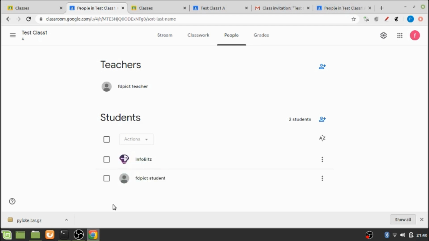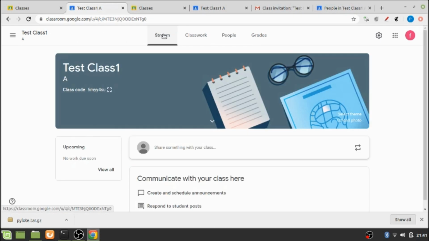And if you want to remove any student from your class, you just have to click on this box, and here is an option for action. You can email that particular student, you can mute that particular student, and of course you can remove that particular student. Now going back to the home page again, you will see this settings button over here.